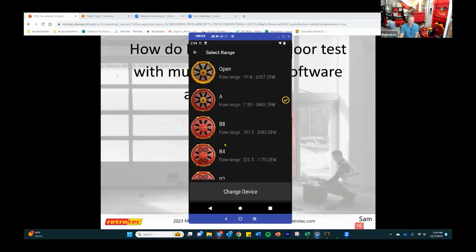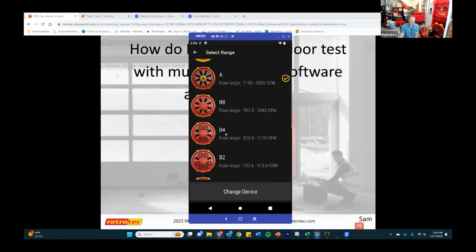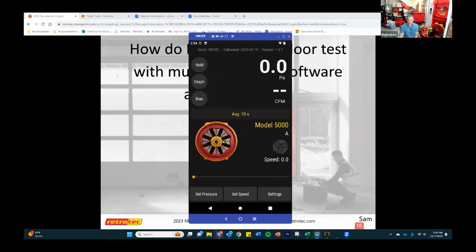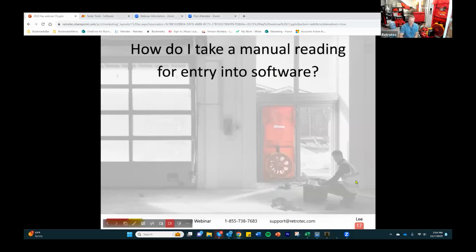But yeah, just pay attention to that first number and what kit you have. So if you have a model 5000 blower door fan and a model 340, then 340 is what you'll always choose for duct testing. You'll likely never use that fan for blower door unless you have the small hole cloth for it. Mm-hmm. So yeah, great question there. That comes in quite a bit. All right. And one more about